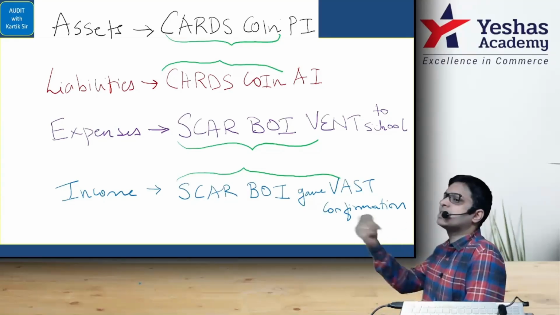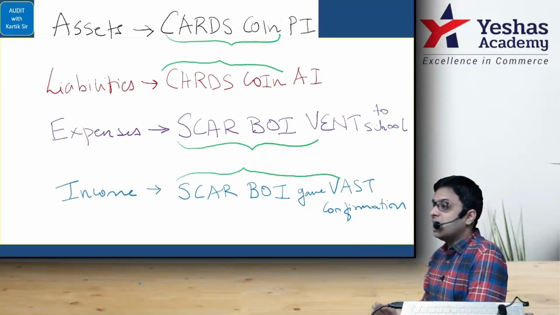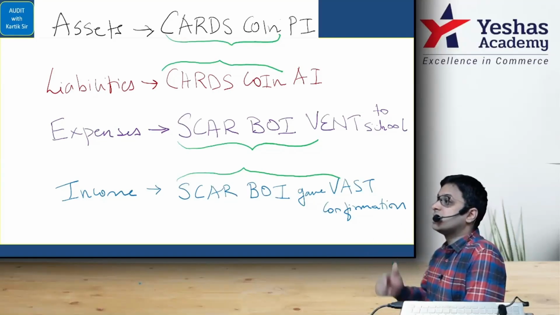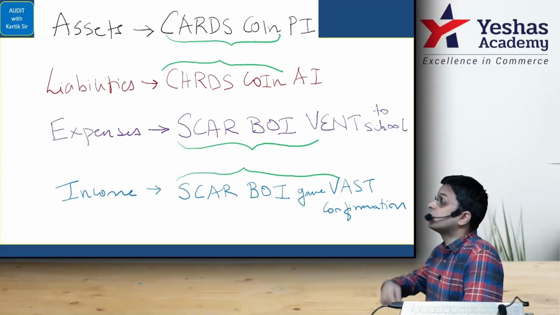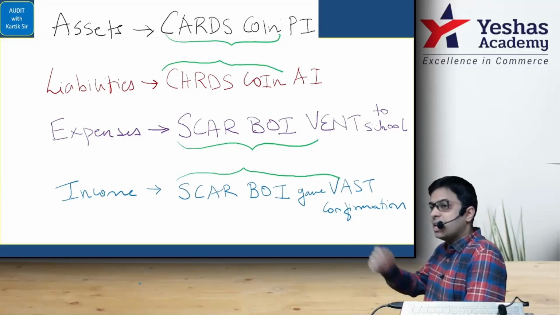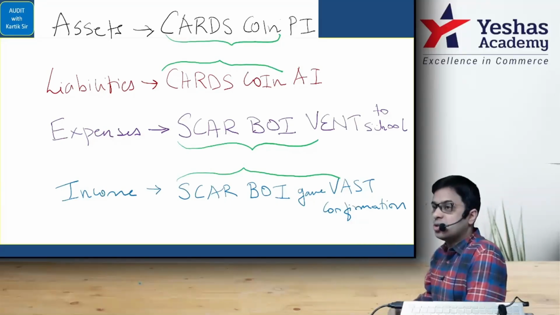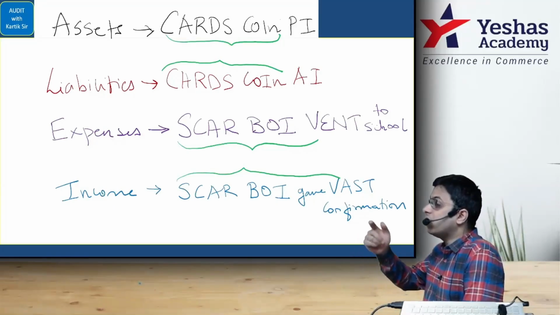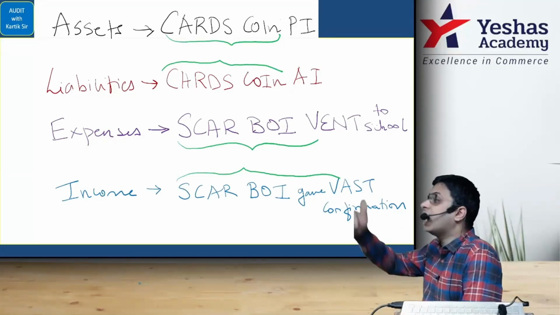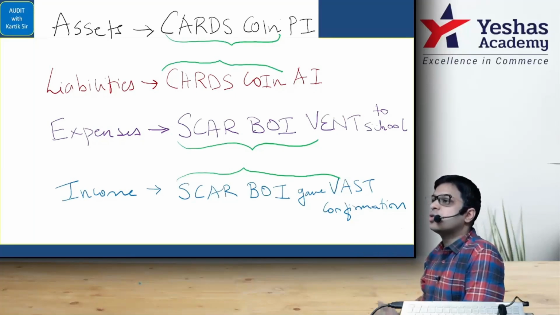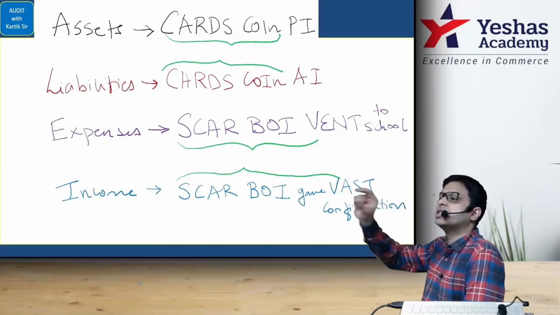If they're debtors, then a buyer-supply agreement is there. Are you there? Suppose there is a bank loan, so that will not come here. Let's say loans given. The company has given some loan to someone else, so that is an asset here. Loans given, advance is given. In that case, you will check the agreement between the lender, that is our company, and the other party. Yes or no? So you have to apply your mind as to which document comes in relation to that matter.